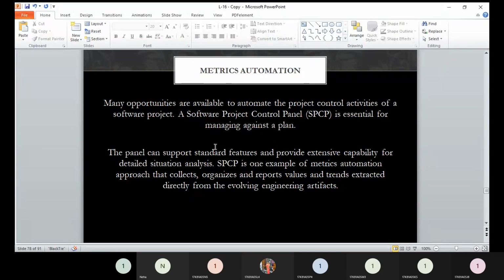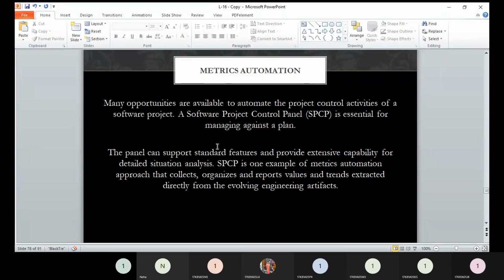The motto here is to provide that kind of dashboard to the user, where the user can see how much progress has been made and how much is still pending. This metric automation has the idea of SPCP, the Software Project Control Panel.